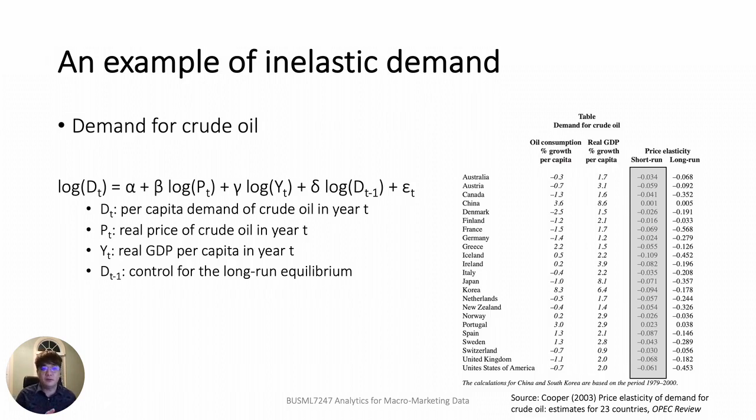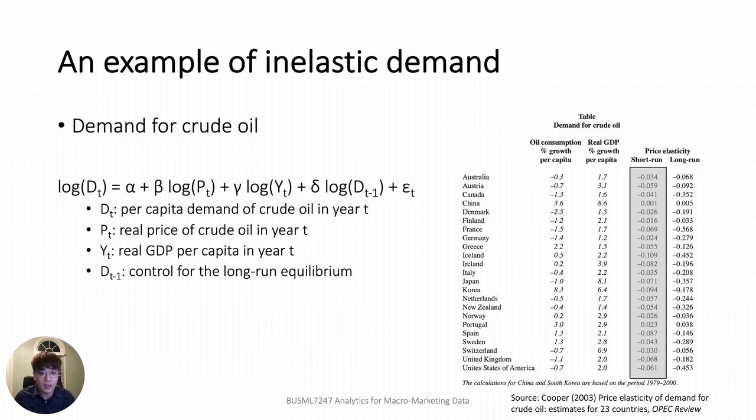Here is an example of inelastic demand. This table shows the estimate of price elasticity of crude oil demand across 23 countries. The model used for estimation is a log demand model. The dependent variable is d_t, which is the log of per capita demand of crude oil, and it is regressed on the log of crude oil price, log p_t, the log of real GDP per capita,